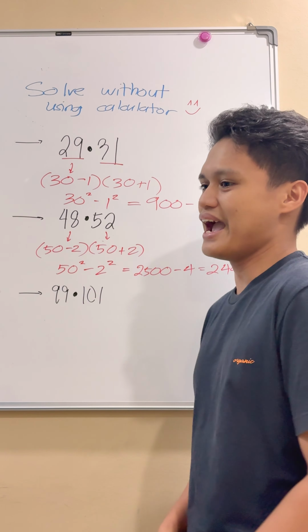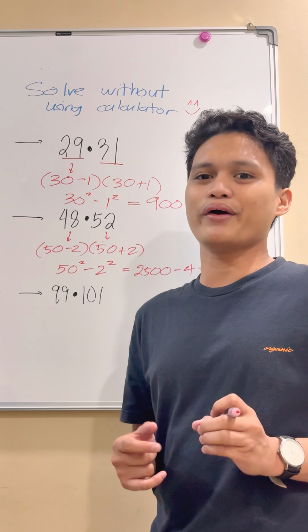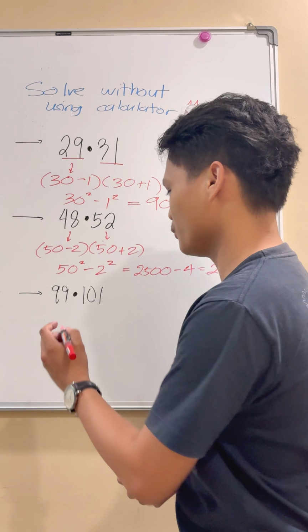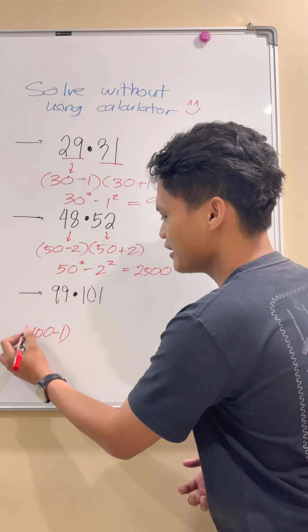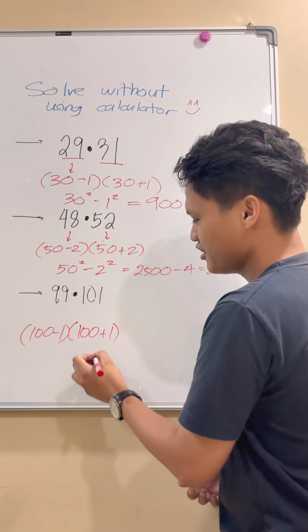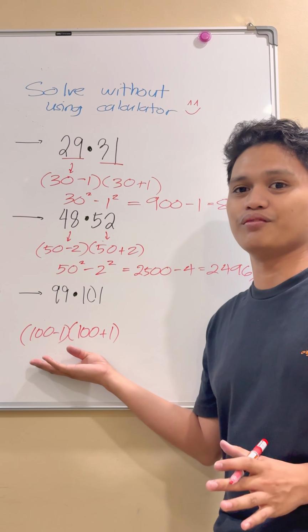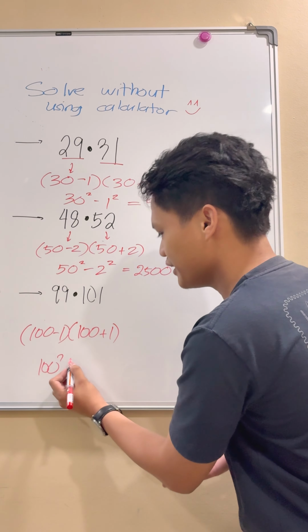2,496. And our last example is 99 times 101. We all know that the midpoint of 99 and 101 is 100. And thus, we can express 99 as 100 minus 1 and 101 as 100 plus 1. Since again, this expression follows the format of difference of two squares, we can write this as 100 squared